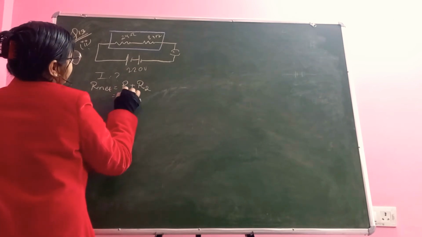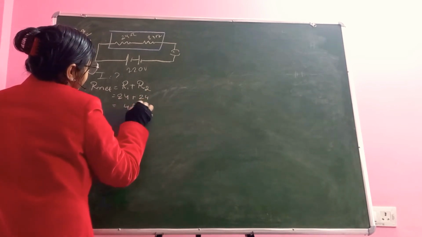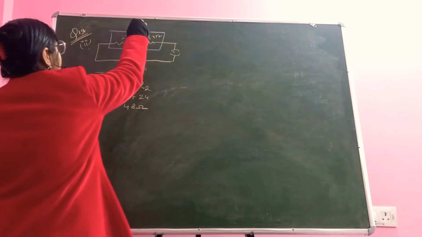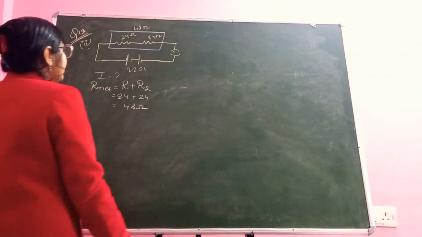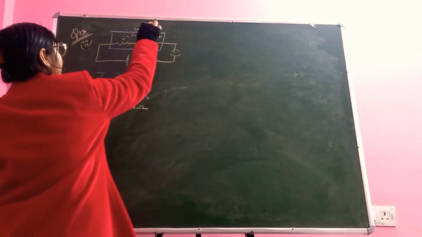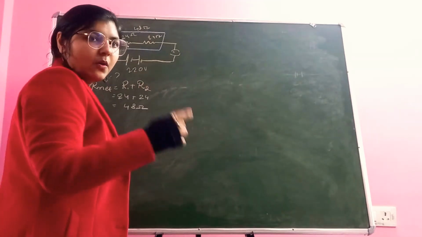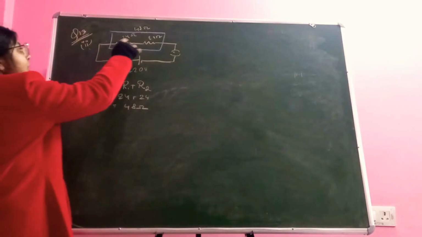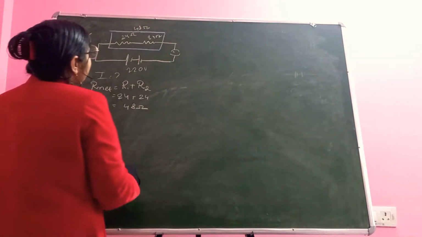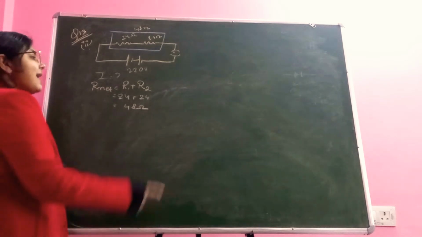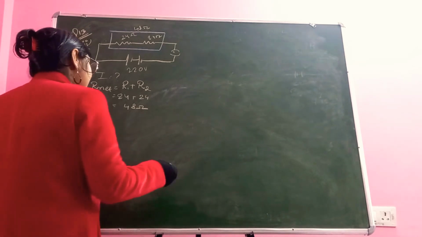Here R1 is 24, R2 is 24. So what will be the net resistance? 48 ohm. So here the net resistance value is 48 ohm. Now you have the net resistance value, which means that instead of these two resistors, we can make one resistor of 48 ohm. हम इन दोनों की जगह पे एक रेजिस्टर लगा सकते हैं 48 ओम वाला, है ना। अब आपके पास R आ जाएगा 48 ओम, आपके पास V है, तो आपको करंट की वैल्यू मिल जाएगी। तो चलिए कैलकुलेट करते हैं।